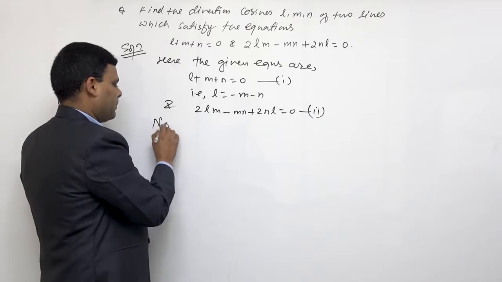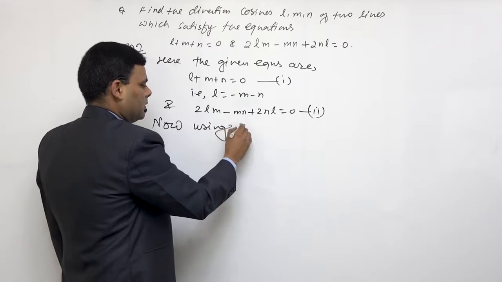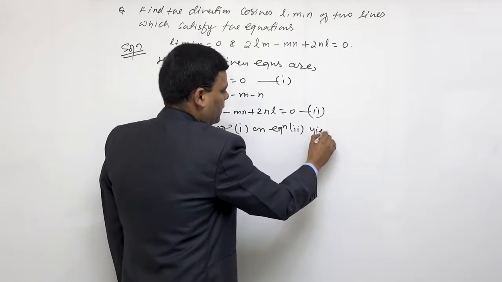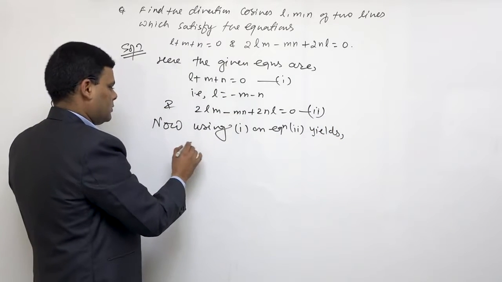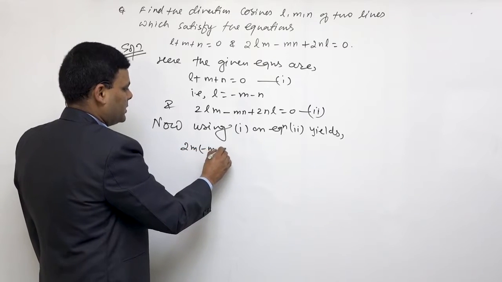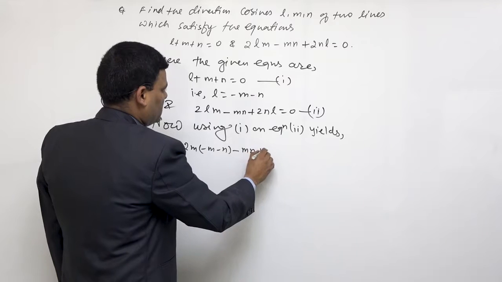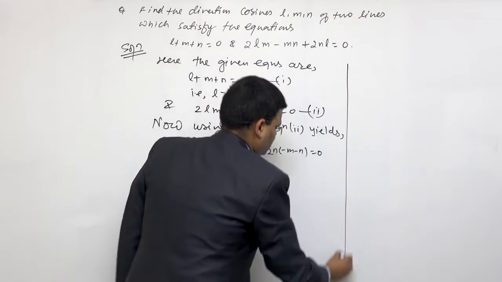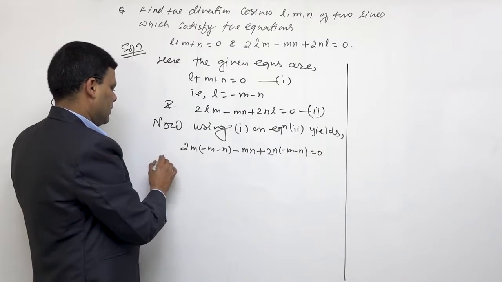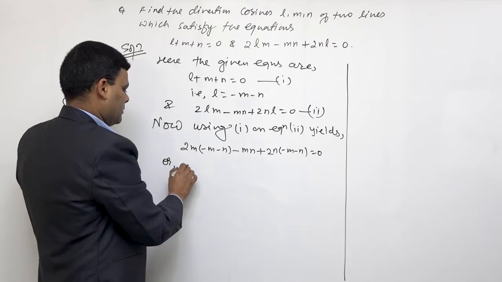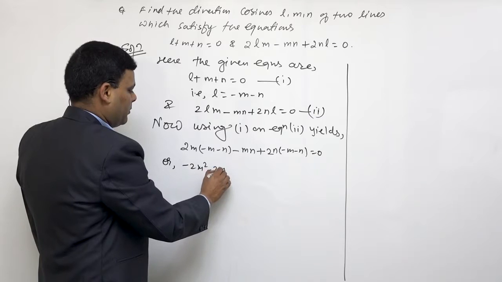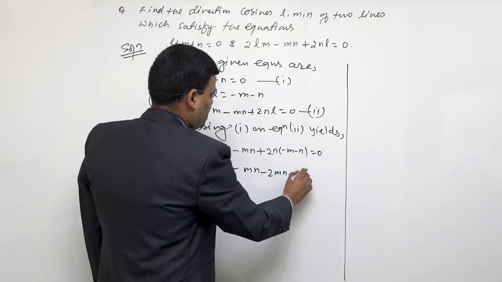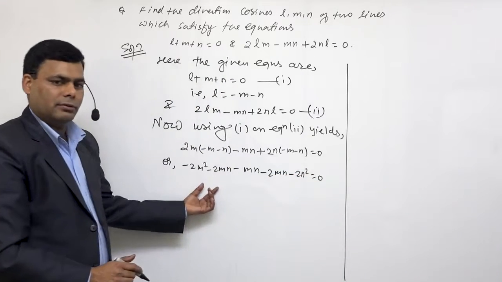Using 1 on equation 2 yields 2M into minus M minus N minus MN plus 2N into minus M minus N equals to 0, or minus 2M square minus 2MN minus MN minus 2MN minus 2N square equals to 0. Now simplifying this,